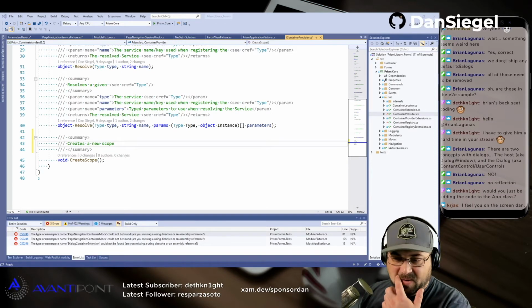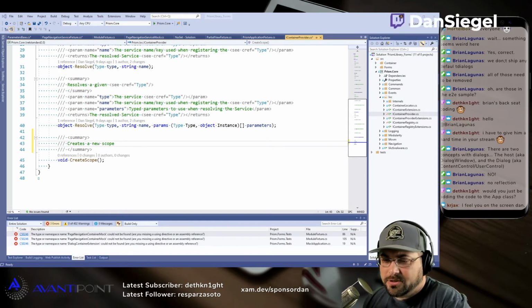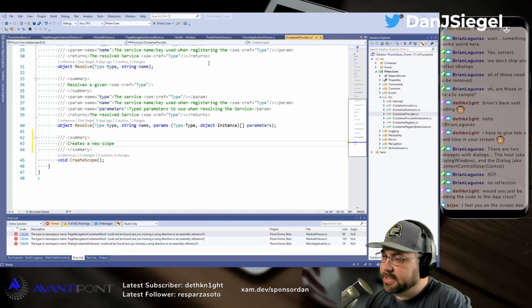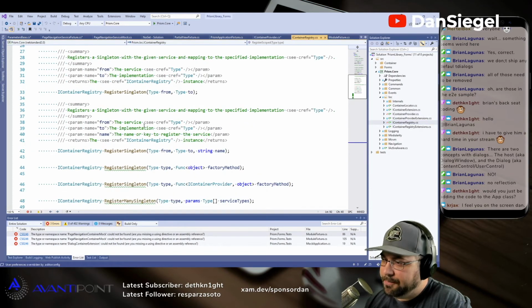Hold on. Would I be adding code to the app class? Death Knight, I'm not sure what you're talking about as far as the app class. We're not talking about adding anything to the app class. So yeah, we added this kind of create scope for the container, and then for the container registry, see